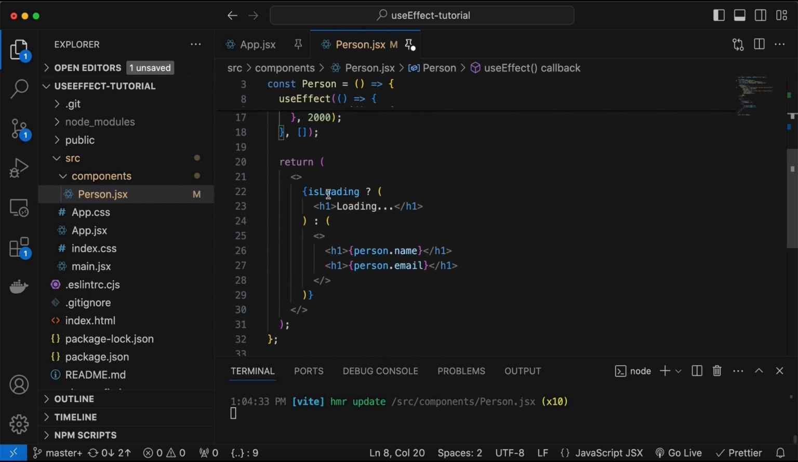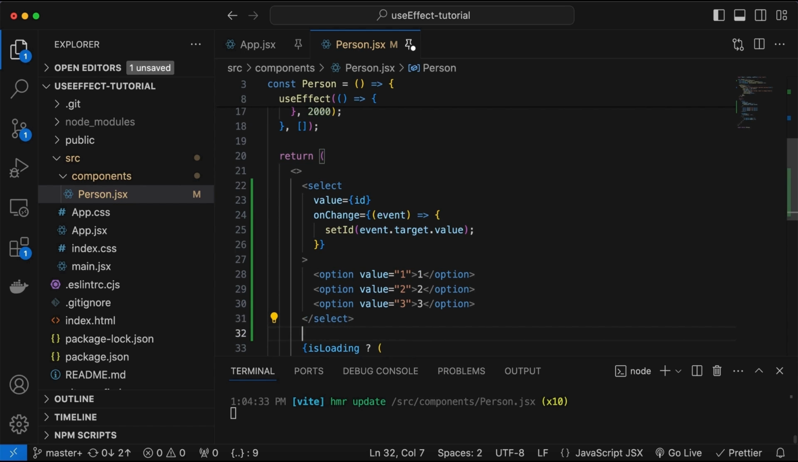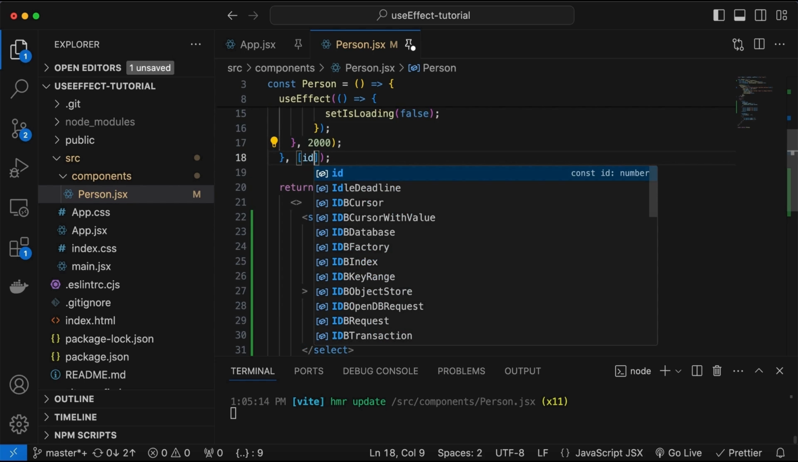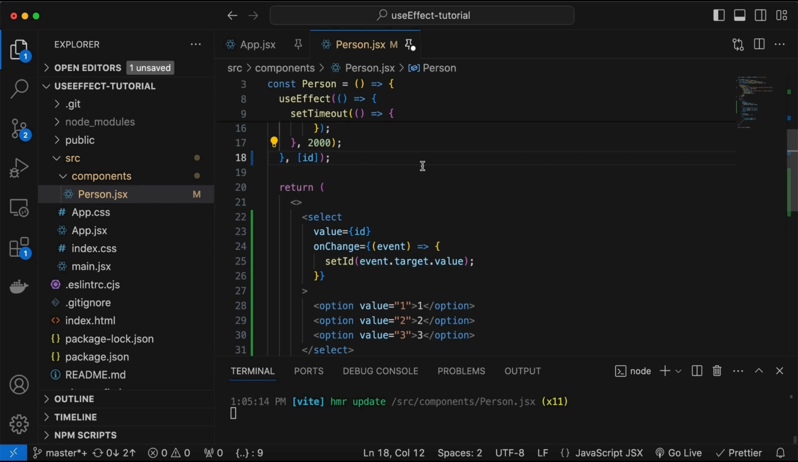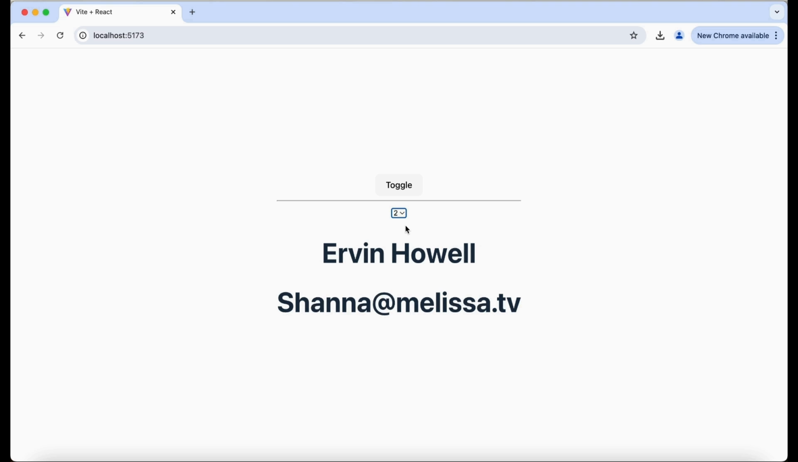And the value of the ID could be changed by a drop-down input. Add the ID to the dependency array so that every time the ID is changed, a new GET request will be triggered to fetch the new person's information from the backend API. Now, let's go back to see how it looks in the browser UI. Initially, the ID is default 1. When we change it from 1 to 2 and wait for 2 seconds, we can see the information has changed